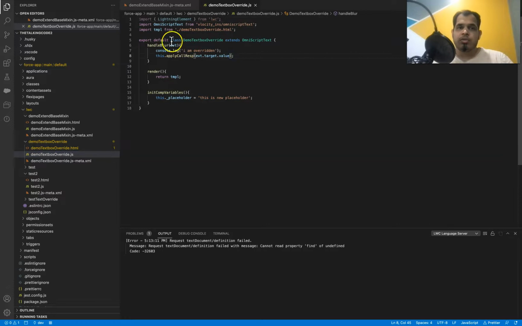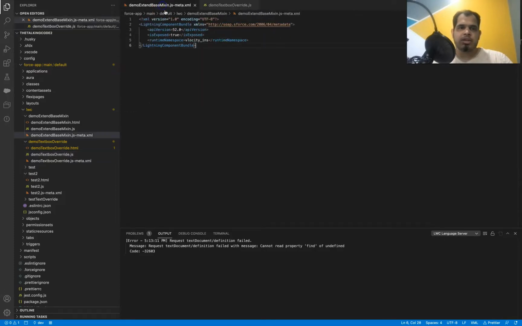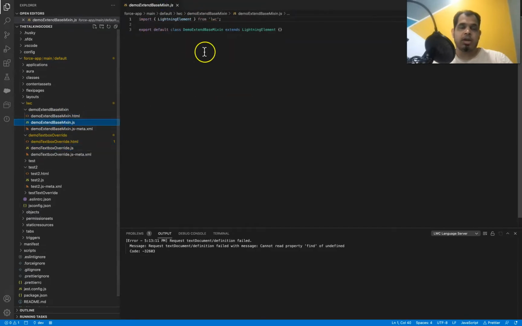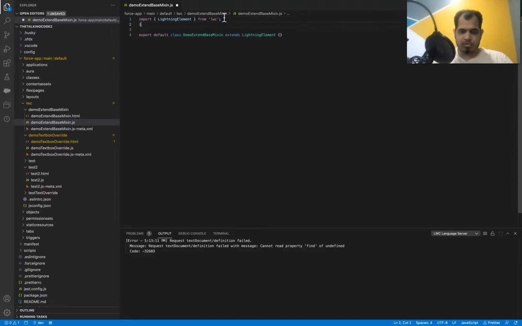Okay, so if you remember in our previous video, we were importing this OmniScript text and we were extending that, right? But in this current component, we are going to import OmniScript base mixin.